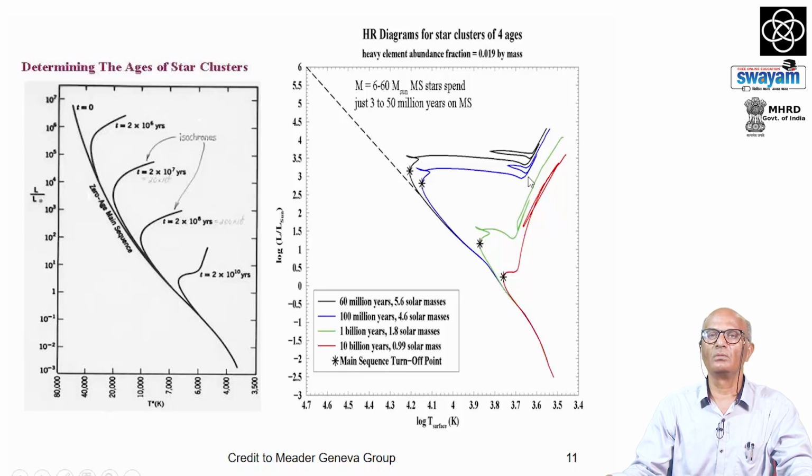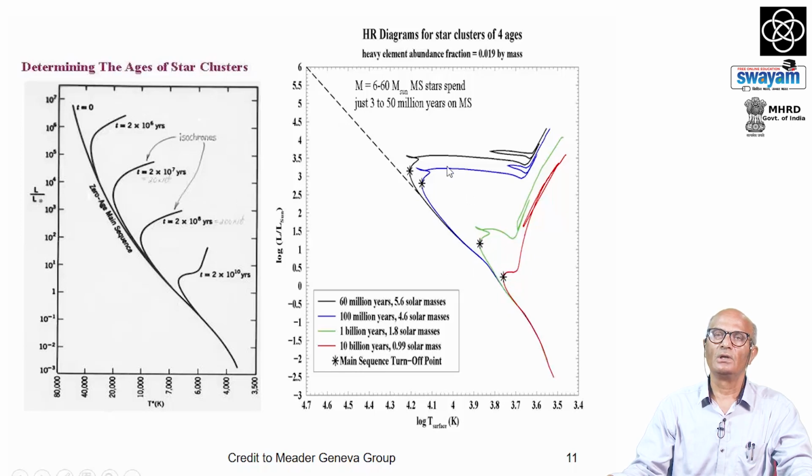Also, using these individual star models, one can generate what we call isochrones, meaning stars of equal age, but they are located in different stellar evolutionary phases, and it is because of this reason star clusters are called test beds for stellar evolution, because all the cluster members are formed almost at the same time. So,